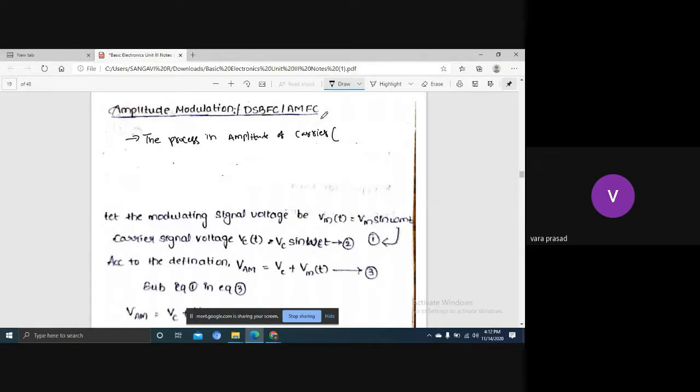Carrier signal I can represent with c of t. Carrier signal is